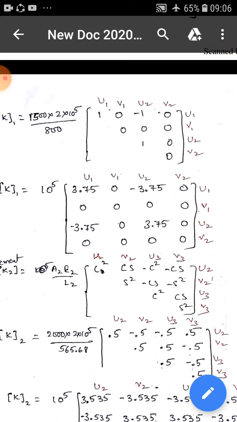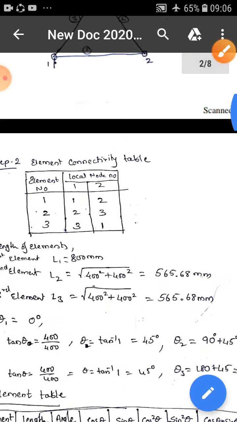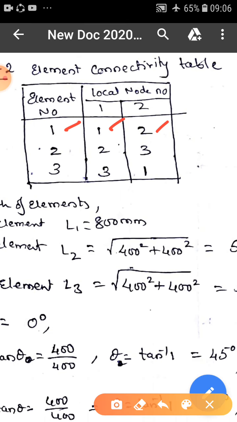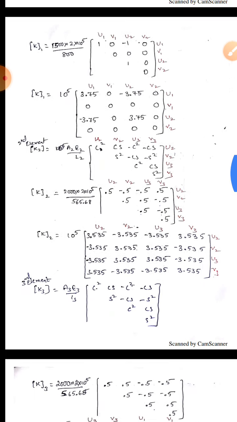Similarly, again here K1, element stiffness matrix 1, is between node 1 and 2, remember it. So the displacements associated are u1, v1, u2, v2. See this element connectivity table carefully. Element 1 is between 1 and 2, so you first write u1 v1, and next you write for the second node, that is u2 v2. I have intentionally made this discretization in this method so that you can understand the complexity of different types of problems.